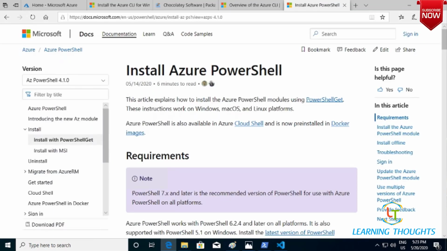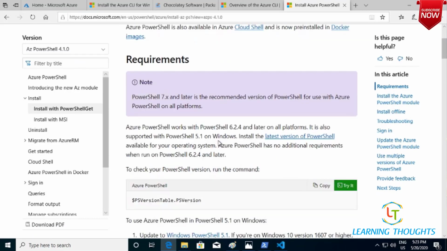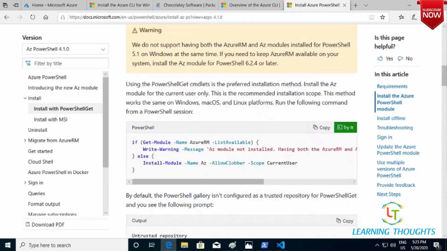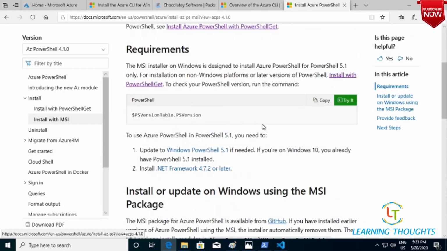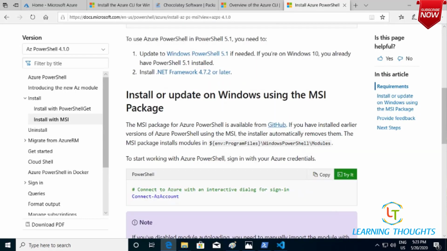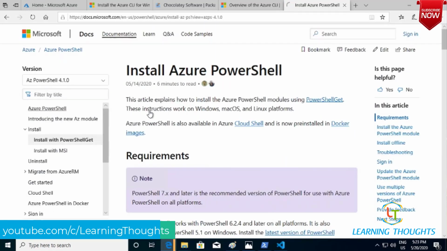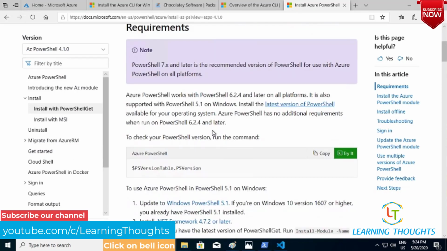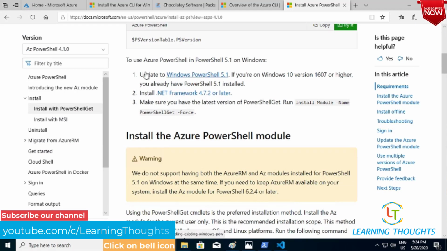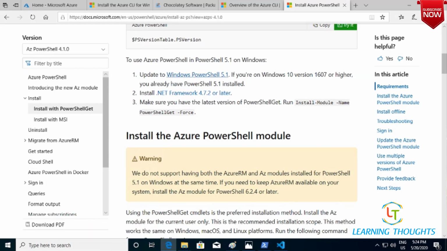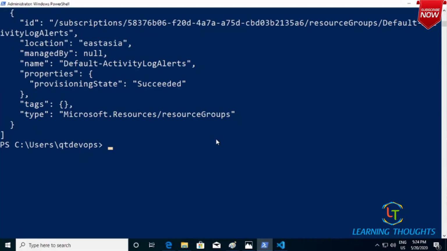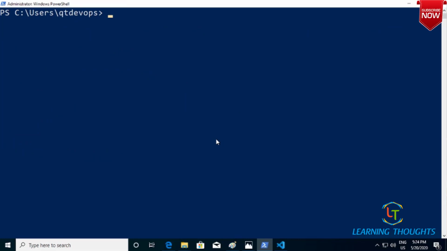So if you see, I can install Azure PowerShell with PowerShellGet module. I can install it with MSI, so you can download the software like how you have downloaded the Azure CLI and then use it. Right, so let me go with install. It tries to tell that if you want to use this Azure PowerShell, you need to have Windows PowerShell 5.1. So that can be easily cross-checked with this simple command